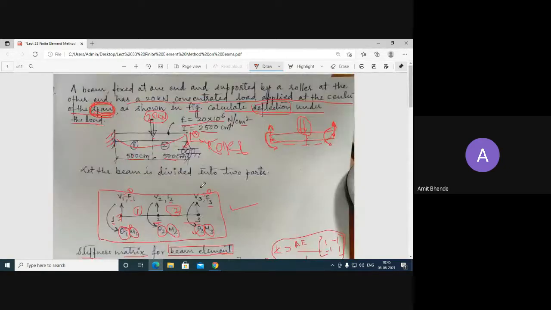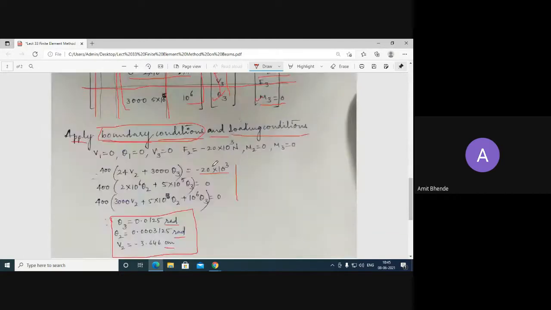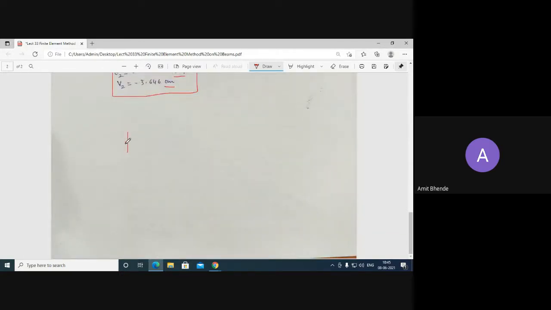Now, a beam is subjected to transverse loading. In some problems, there may be a situation where a uniformly distributed load will be applied to the entire span. So these are some of the variations that you can come across while solving the beam problem, but the procedure will remain the same.